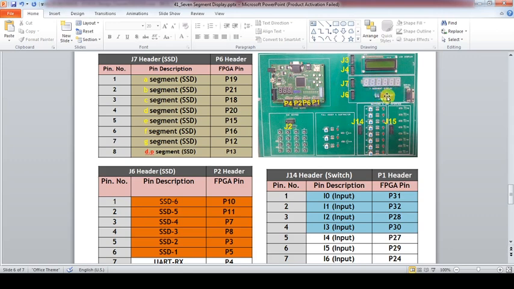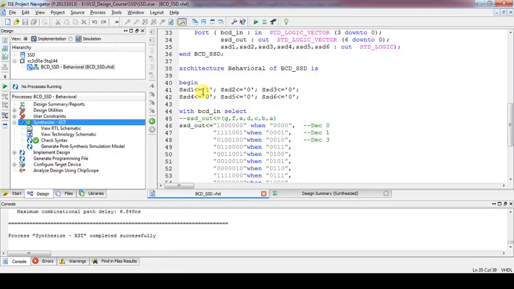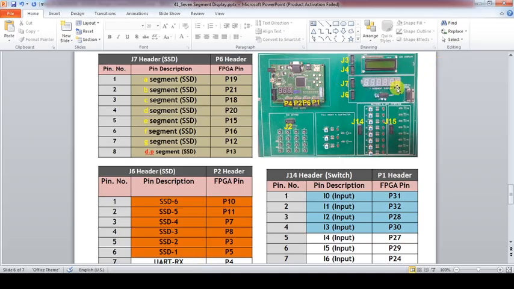To control that multiplexing, we are going to use the SSD control pins. That's why we have declared one more input, SSD1, SSD2, SSD3, 4, 5, 6 to control the segments. As per our code, when SSD1 is 1, that segment will be on, and all the others will be inactive and will not respond to whatever value is coming on the segments. So this is called the multiplexed 7 segment display.